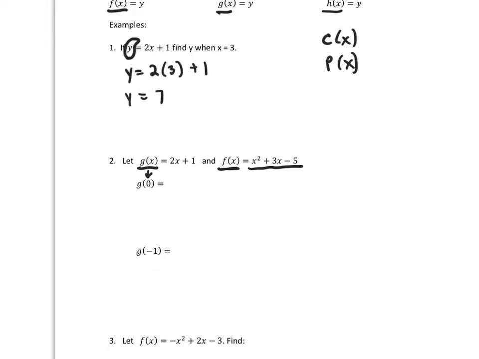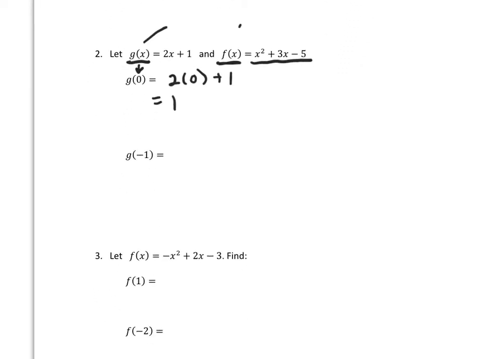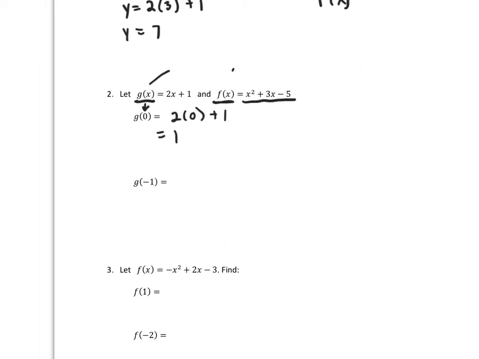So g of 0 will be, go to your function called g, not this one, but this g here, and that will be 2 times 0 plus 1, and that gives me 1. Now find g of negative 1. G of negative 1 is 2 times negative 1 plus 1, which is negative 2 plus 1, which is negative 1. And I didn't